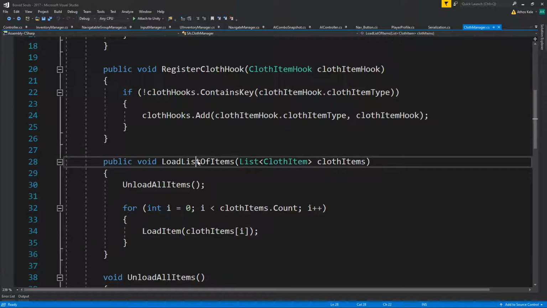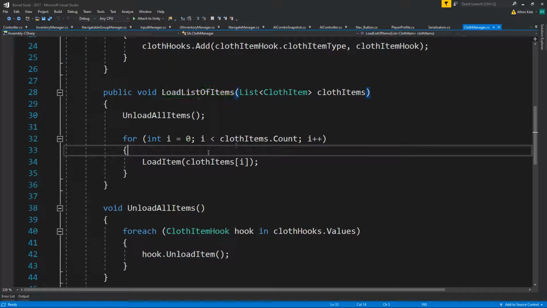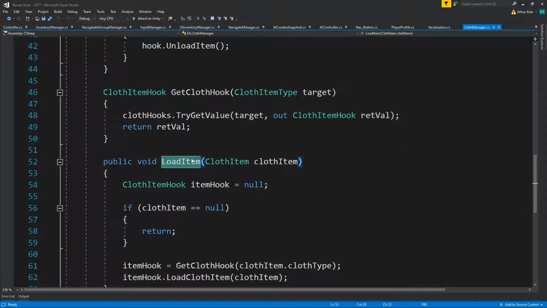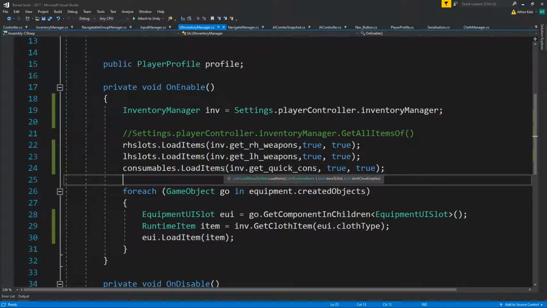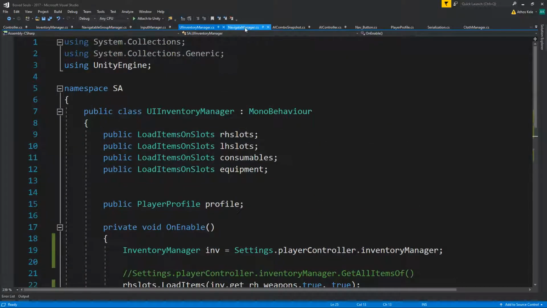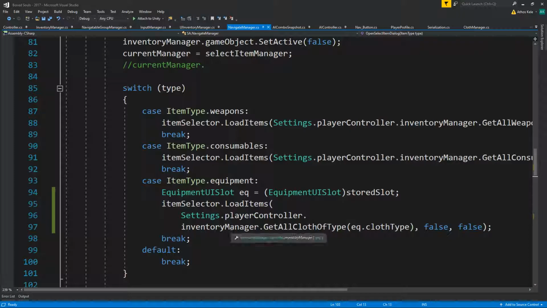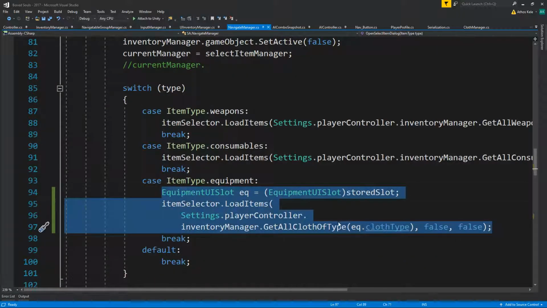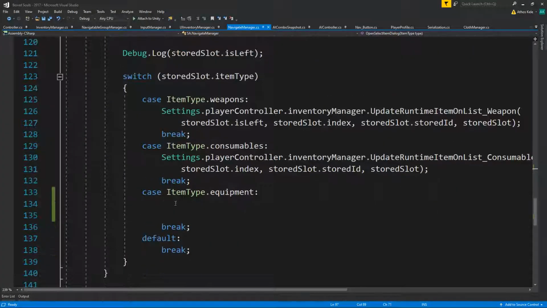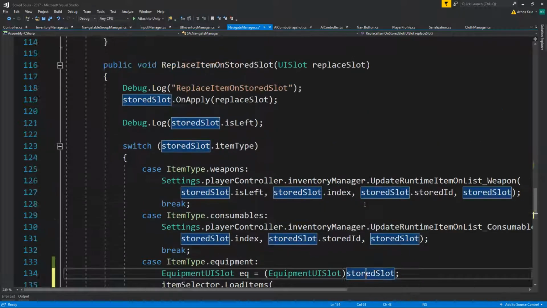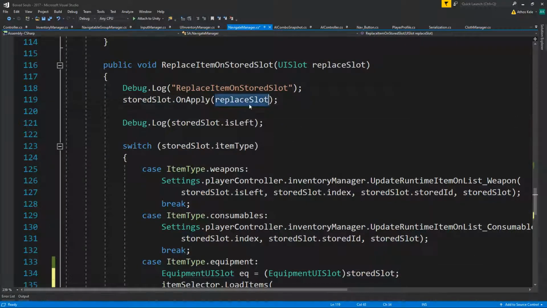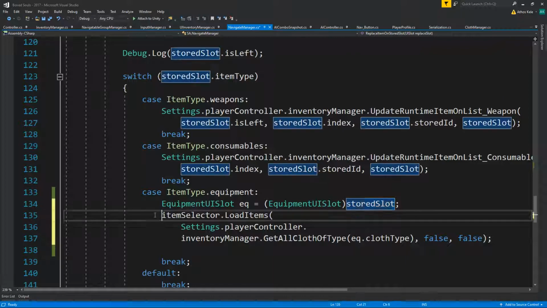We probably need to use one of these. Well, actually, we just need to use the load item from the cloth manager. So let's fix that on the UI inventory manager. Actually, not on the UI inventory manager, on the navigate manager. When we say replace the item, store slot, in the case of the equipment, we still need to find the store slot. We need to say